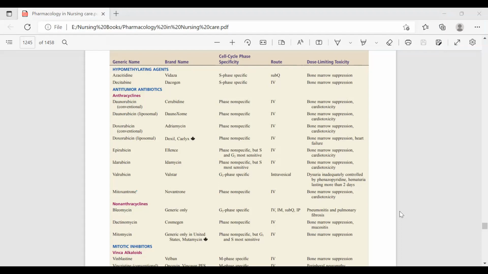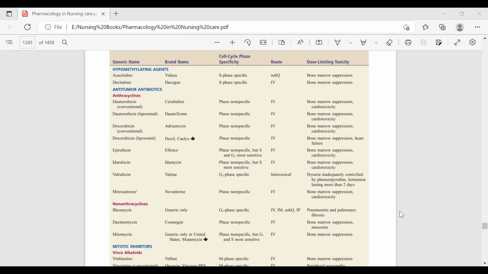The anti-tumor antibiotics not only suppress the bone marrow but are also involved in cardiotoxicity. All the drugs are involved in cardiotoxicity, which is very lethal to the patient. So the drug dosing should be very calculated, and monitoring is very important during the infusion of these anti-tumor antibiotics. In case of valrubicin, there is another dose-limiting toxicity which is very different from other anti-tumor antibiotics,